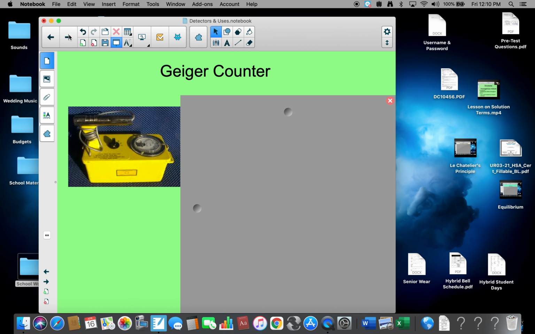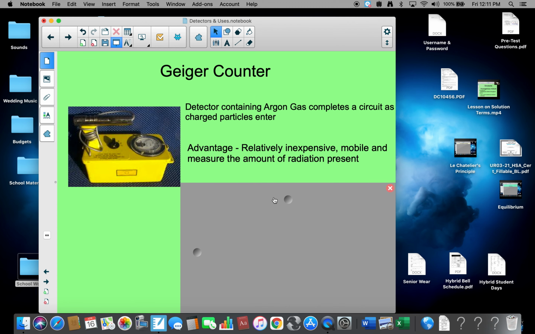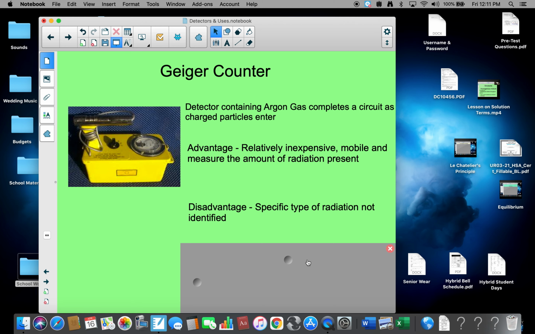All right, third type, it's called a Geiger counter. Now, our Geiger counter is a detector containing argon gas, which completes the circuit as the charged particles enter. It's basically like a smoke detector, okay? Advantage, relatively inexpensive, a couple hundred dollars. Mobile and measurable, and the amount of radiation can be identified. Disadvantage, specific type, I don't know if it's alpha, I don't know if it's beta, I just know that's